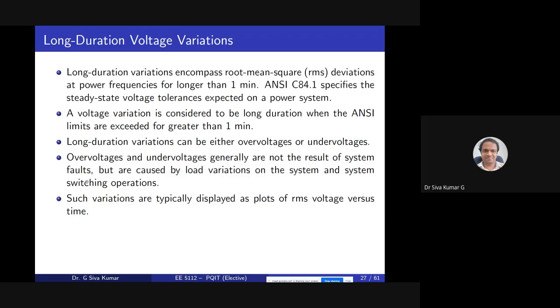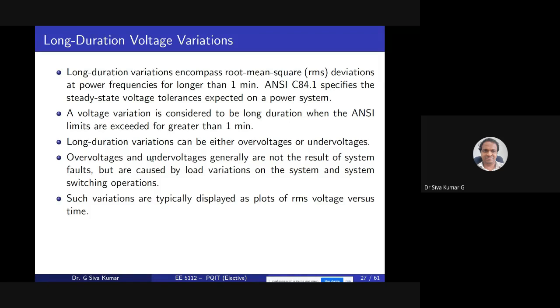Whenever there is a system fault, it tries to isolate the fault, and then a recloser will reconnect back also. So these are not the result of faults, but are caused by load variations on the system and